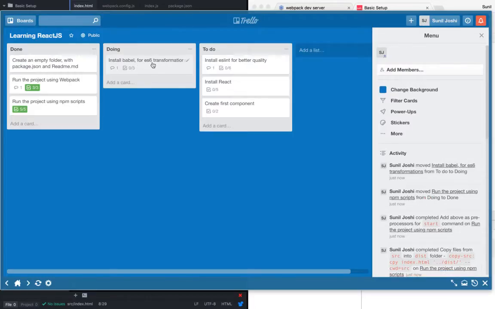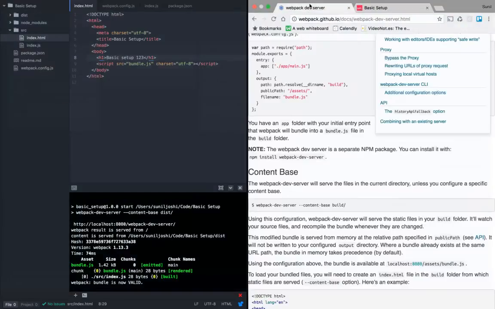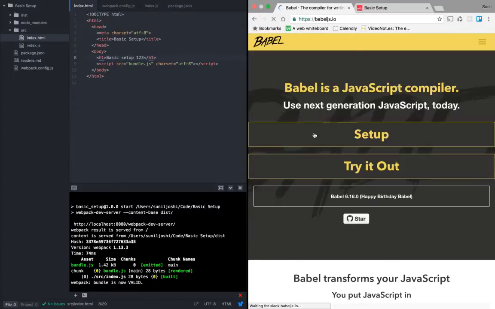I love this thing. So let's go ahead and open the Babel site and see what they have to say. You know, they explain much better than me, so why not just go ahead and read a few lines out of the site. So here it is. Babel is a JavaScript compiler, and it explains everything. Use next generation JavaScript today.